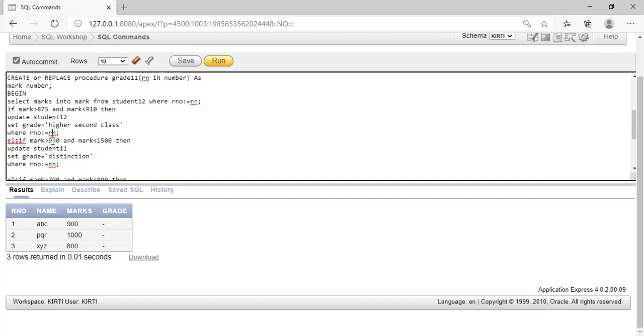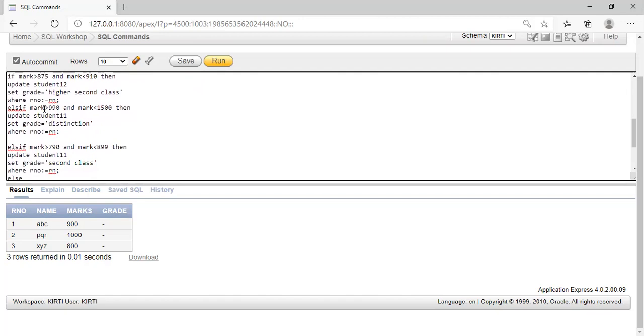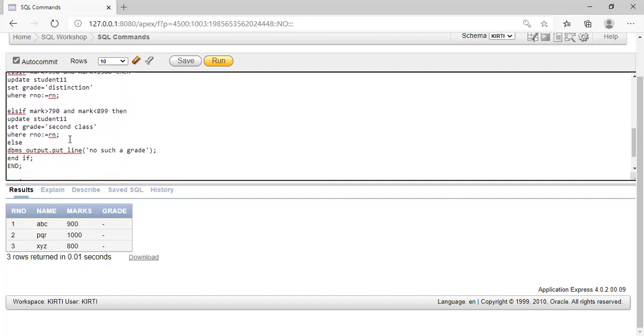So whichever roll number we have provided as an input to the select query, that row gets selected and checks the marks. Depending upon that marks, the grade gets calculated and updates the table. Else if, a new clause we have checked: mark is greater than 990 and less than 1500, then it is the distinction. Else if, it will be the second class.